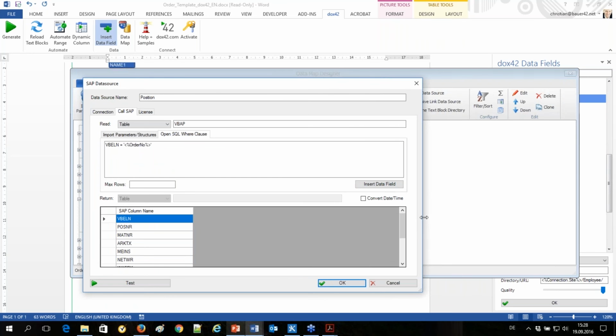It's a Nintex workflow in that case. You could use other workflow technologies as well, but it works with Nintex very nicely. We even offer DOCS42 workflow activities that integrate with the Nintex workflow designer. There is one SharePoint activity, so the order confirmation should be created and saved to SharePoint, setting the metadata, order number, of course, and then it should be sent off as a mail to the customer.